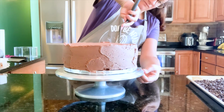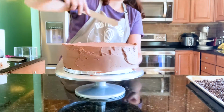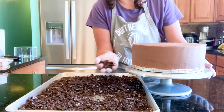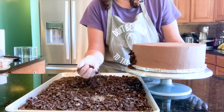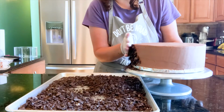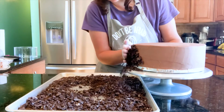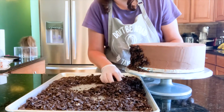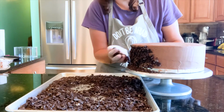We're gonna cover it with those Oreo crumbs. I'm gonna place my turntable right over where my cookie crumbs are so I can just turn it and do this. You can also just hold it with your other hand and then press it in as you hold it over the pan that your crumbs are in. But there are a lot of different ways that you can use this to get the crumbs on the cake,